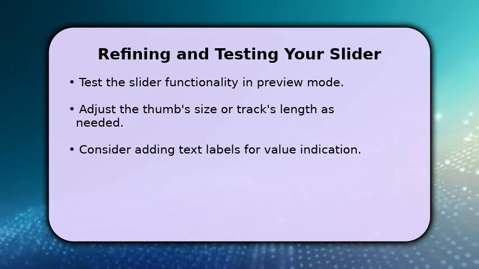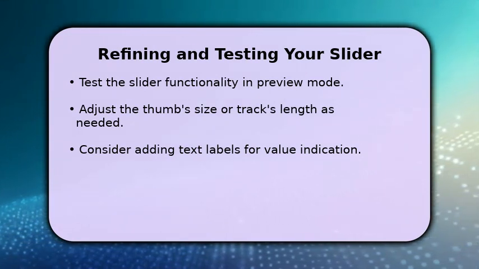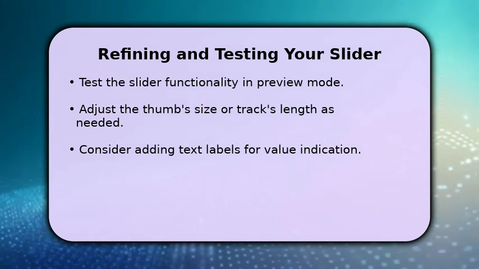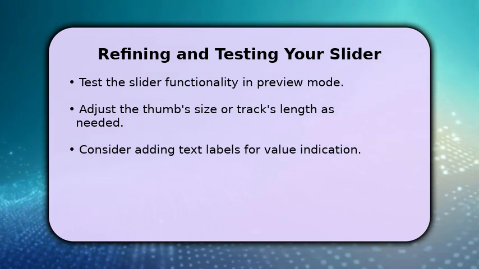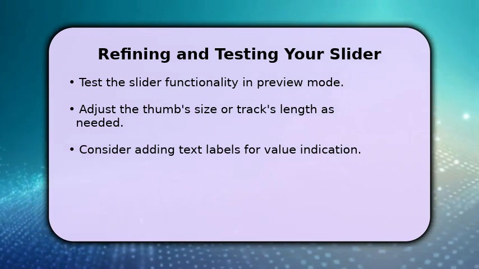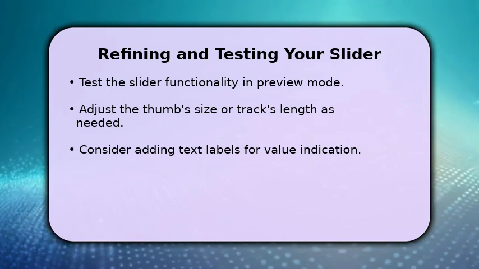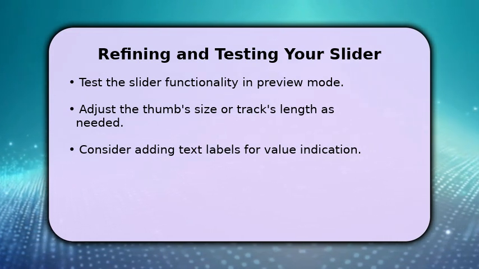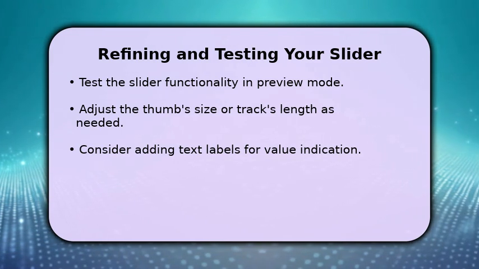Finally, let's refine and test our slider. Click the play button in the top right corner to open the preview window. Drag your slider thumb to ensure it moves smoothly between the two states. If the movement isn't quite right, go back to design mode and adjust the thumb's size or the track's length. You might also consider adding text labels next to the slider to display its current value, enhancing user feedback. Experiment with different designs to achieve your desired look and